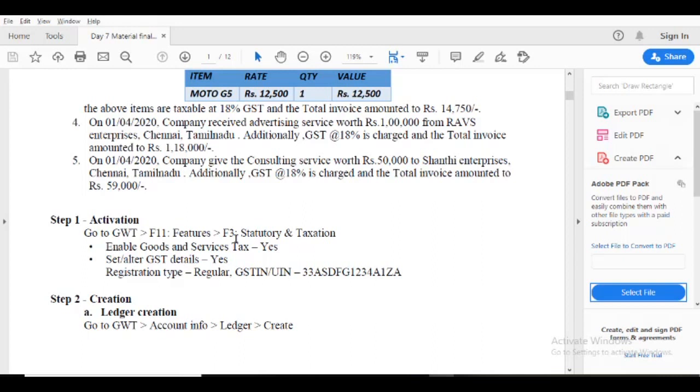This explanation of the GSTIN 15 digit alphanumeric is also available only in our videos, not in the material.